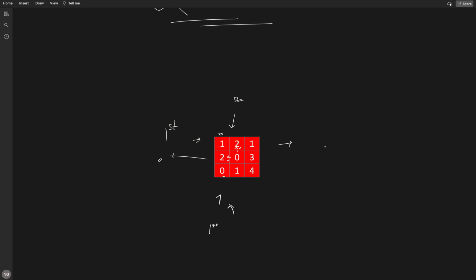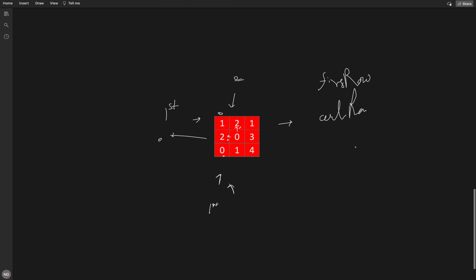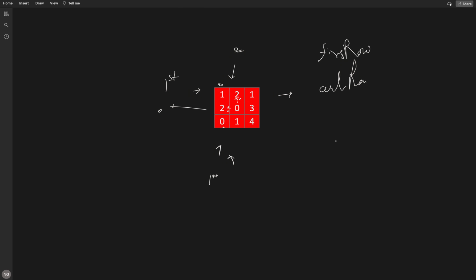So for that we will keep track of whether the first row and first column have a 0 in two boolean variables. In the first pass we will check whether there is any 0 in the first row. If we find one, then we need to update all the entries in this row to 0. Likewise, if there is any 0 in the first column, using the column boolean variable we will update all the entries to 0. So that is the approach.